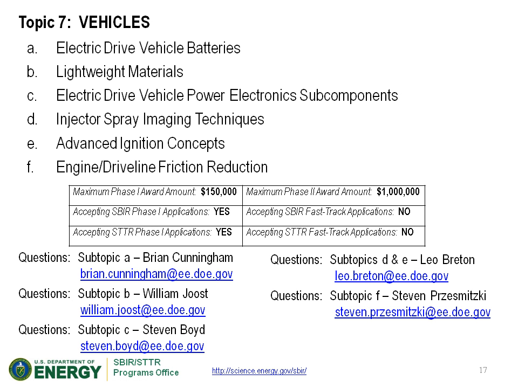Our first subtopic is electric drive vehicle batteries. What we're looking for here is development of an electrochemical energy storage technology which supports the commercialization of different electric drive vehicle platforms, whether that be micro, mild, or full HEVs, plug-in electric vehicles, or just full EVs.